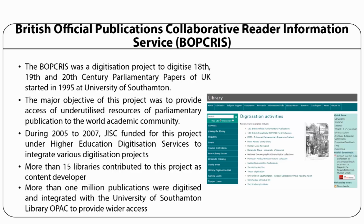The British Official Publication Collaborative Information Service was a digitization project aimed to digitize 18th, 19th and 20th century parliamentary papers of the UK and provide access to underutilized resources of parliamentary publications to the world academic community. The University of Southampton initiated this digitization activity by digitizing the Ford collection of British official publications in 1995. More than 15 libraries